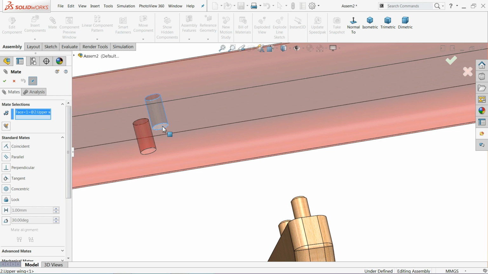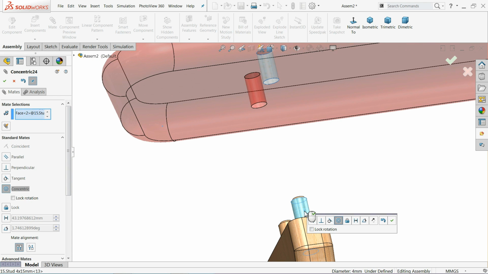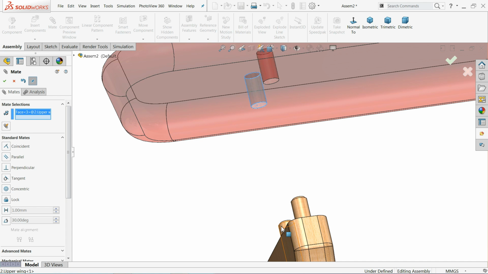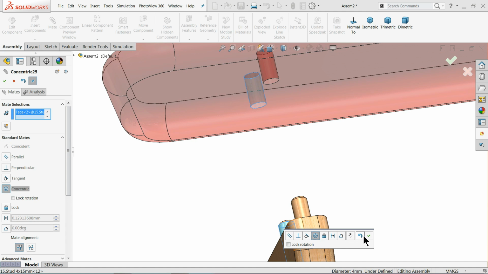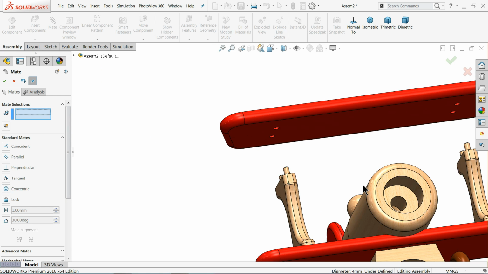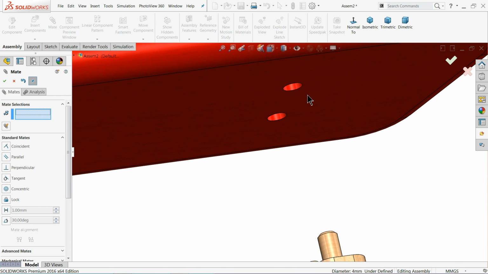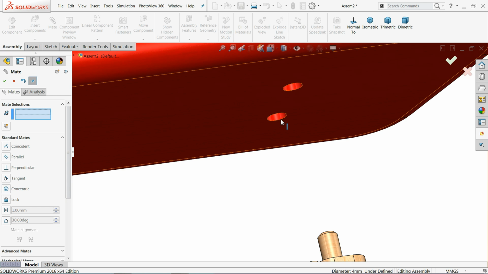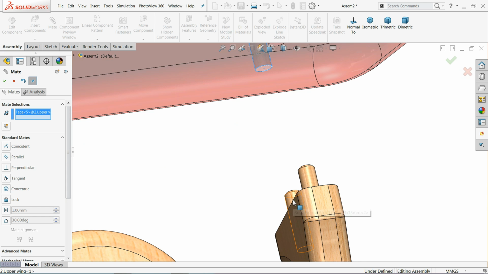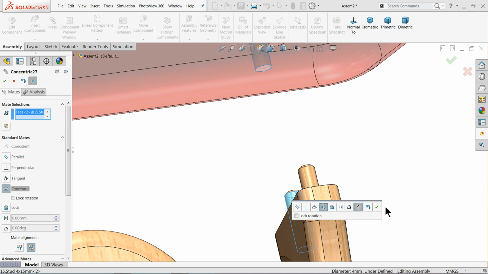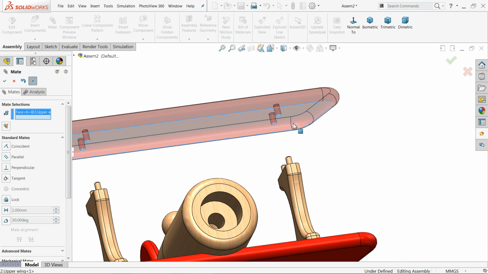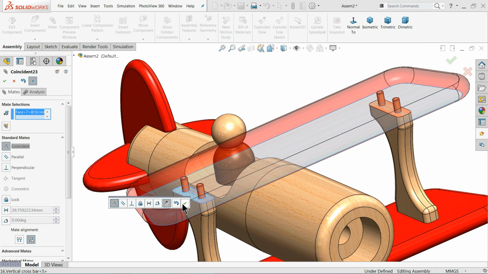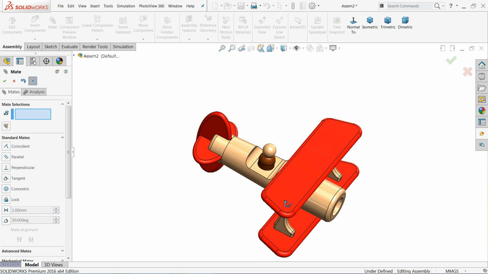Now let's try mate. And here let me choose this hole, concentric relation. Okay, now I'll choose the second hole and second pin, concentric relation. Now let me come to this hole and this pin, a stud, concentric relation. This one and this one, concentric relation. Okay, now select the top face and this face, coincident. See,